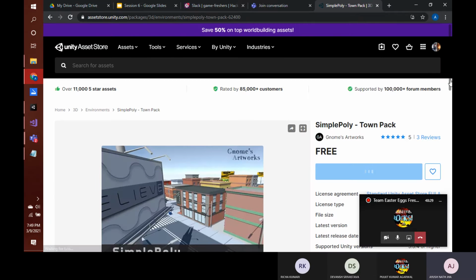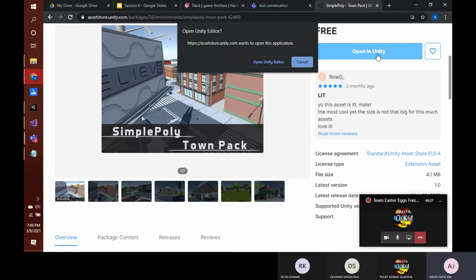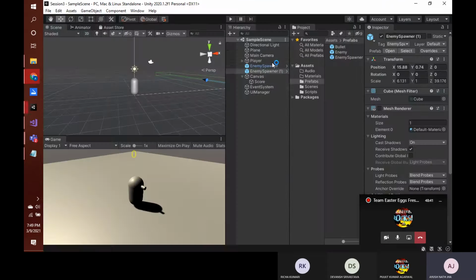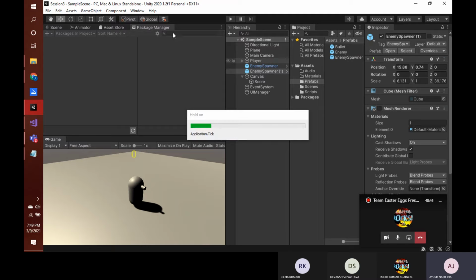And yeah, after this is signed in, as you can see, here I get the option open in Unity. So if I click on this, it will prompt me to open the Unity editor. I'll click on this, and once we go to the Unity editor, this package manager will open.